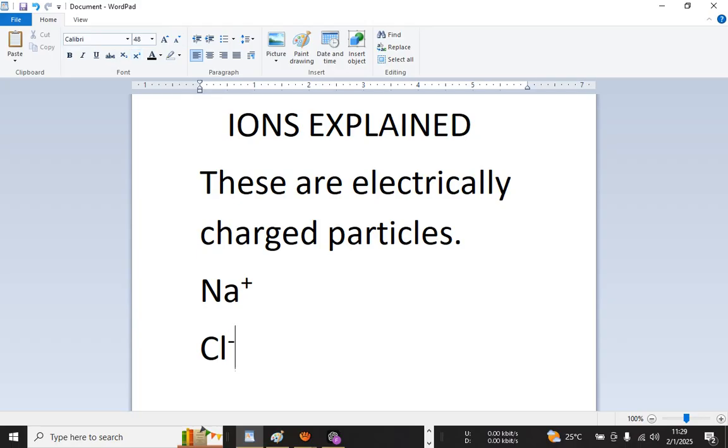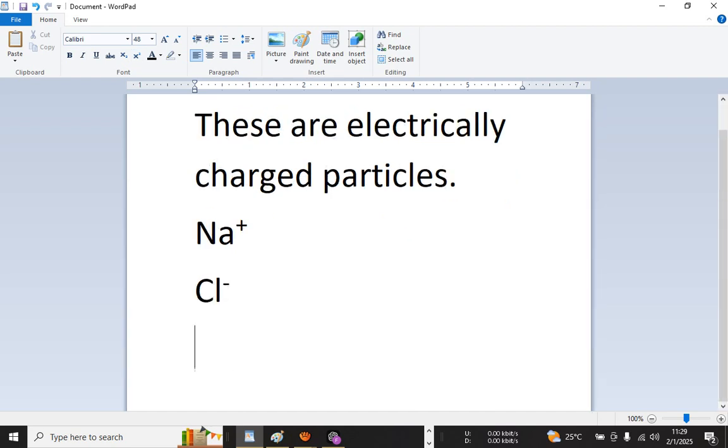So to understand these ions very well, how elements come to form ions: ions are usually formed when elements combine with each other, for instance, a metal with a non-metal. But in today's video, we shall mainly look at how sodium has a positive charge and why chlorine has a negative charge. To understand that aspect, you should first know that